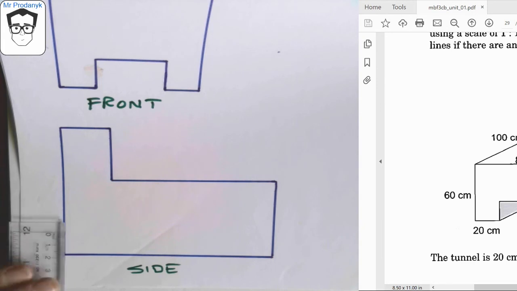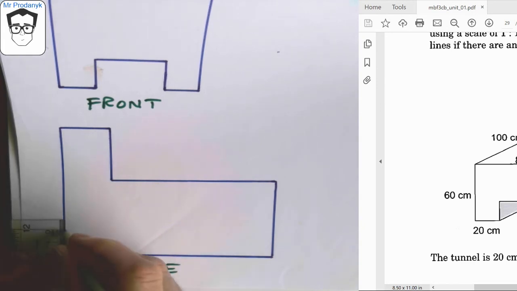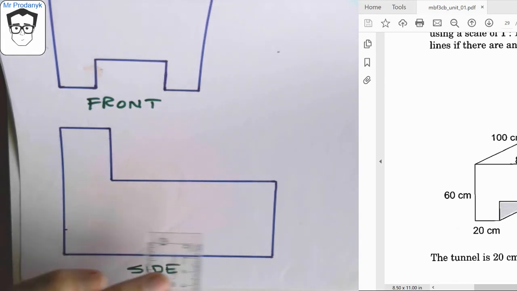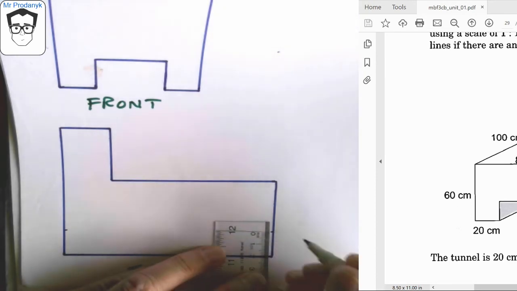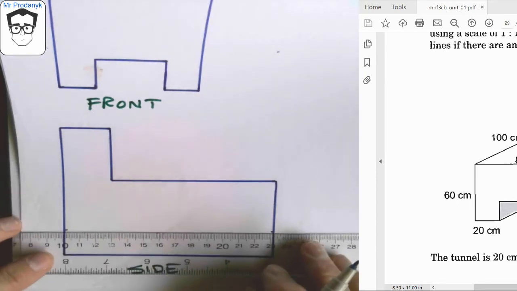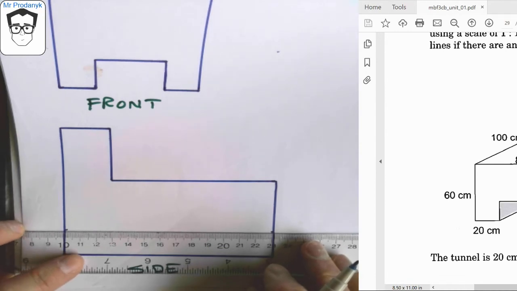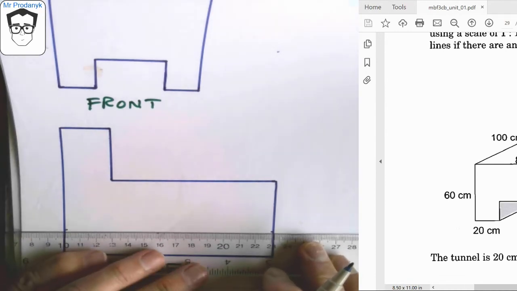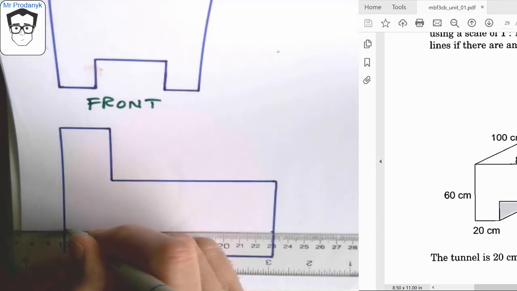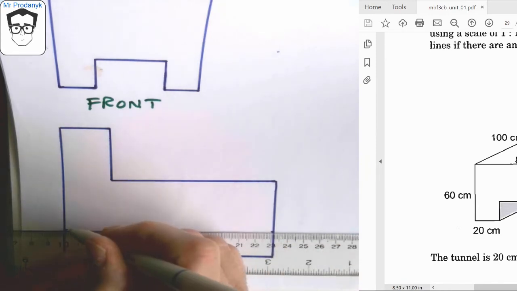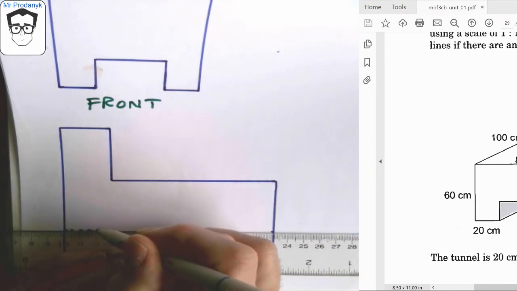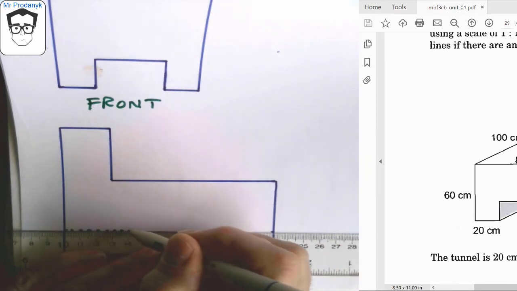So what I need to do is just make a little mark here at 2 centimeters and make a little mark down here at 2 centimeters. Okay. And then I need to just draw in a little dotted line across that whole stretch, because that channel goes all the way through the back or the bottom of this shape, just to represent that if this was a clear see-through piece of plastic,